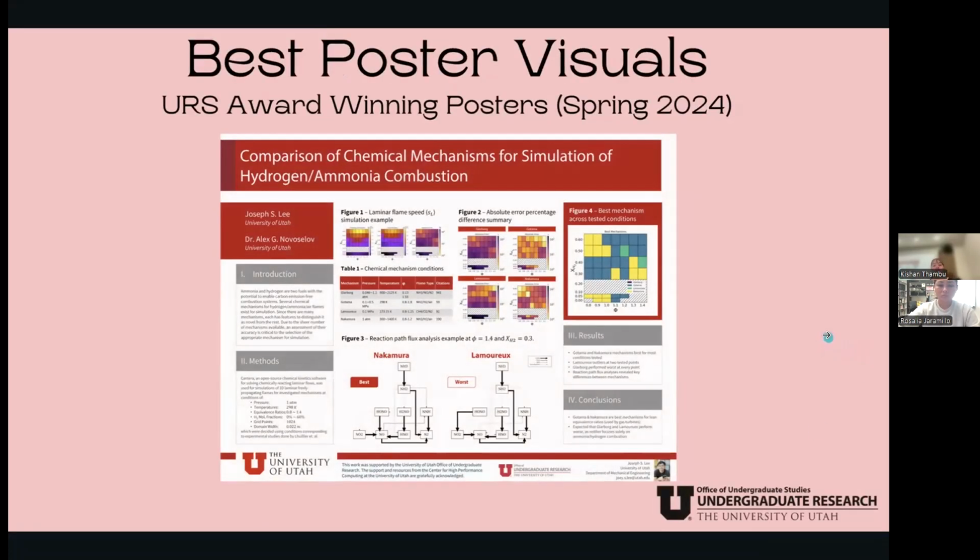So here is another winning one. Another thing to notice is the really nice use of colors. Here in these diagrams, as you're walking by, you might be pulled in by the colors. This is also a really standard setup, and you can see the template of this on our website. There are also templates on the Marriott Library website as well. So here you have a nice three columns with big images in the middle, because the most important thing for your poster is those images to really bring people in. And then once I look at it, I can read those words and understand the research from there.